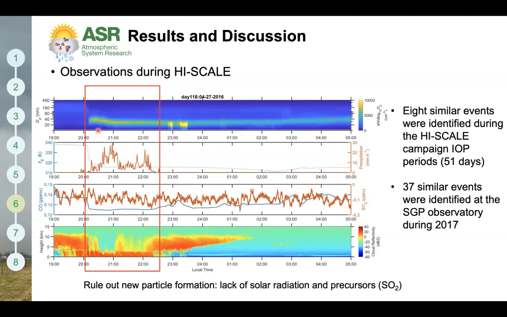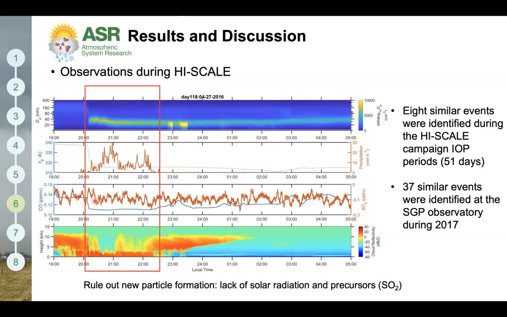And during this time, you can see that in the aerosol size distribution, there's an intense emergence of the atypical mode aerosols and a substantial change of the atypical mode aerosol size. We further rule out the possibility of new particle formation because this event occurred overnight, and there's no significant increase of the sulfur dioxide concentration. But at the same time, there's a substantial decrease of the carbon monoxide concentration, which is due to the vertical